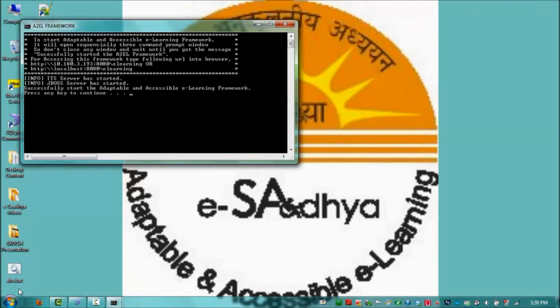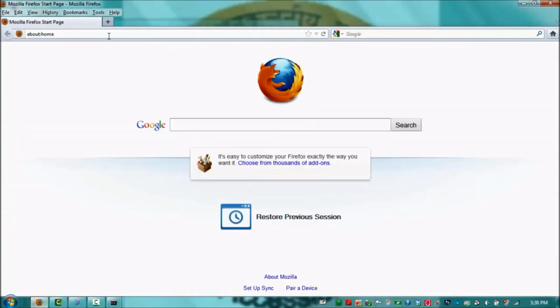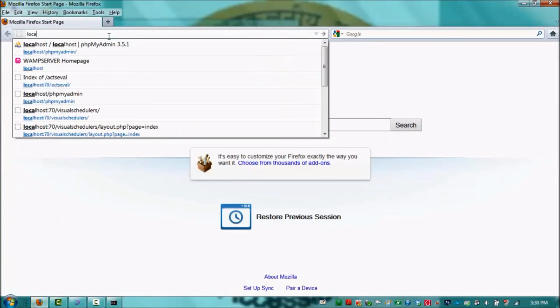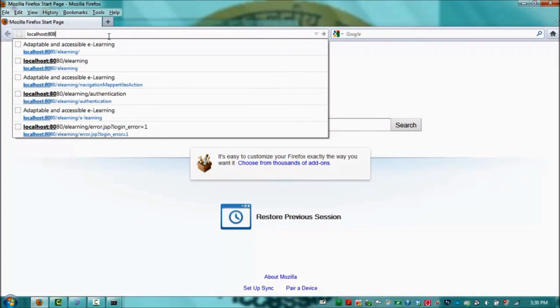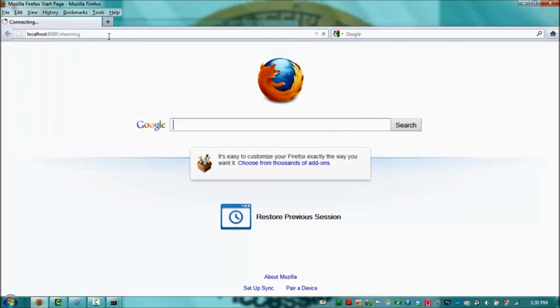Now the eSadhya has been deployed. Minimize the window. Go to Firefox. Type localhost:8080/elearning to see the login page.